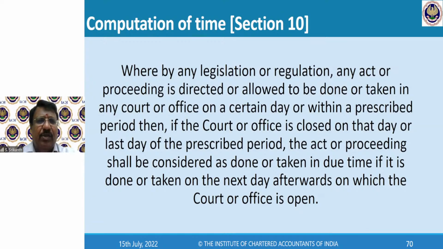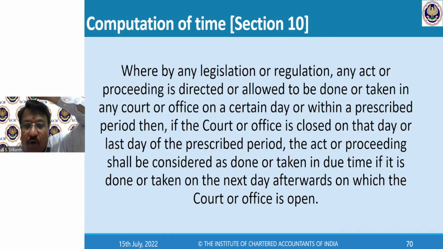Or some government authority has given you 15 days time. Now, automatically, you will find that if you go on that day and you find, for example, that day was a working day. Everybody thought it will be working. Suddenly, due to some problem, the government announces it as a holiday or a pandemic starts, a lockdown. Then what to do? Then you have to wait for the next day on which the court or office is